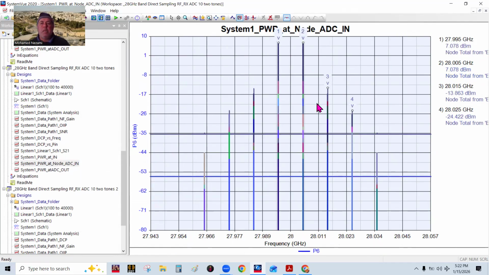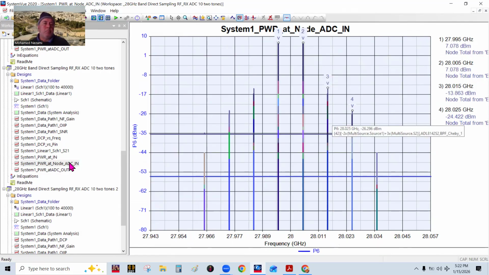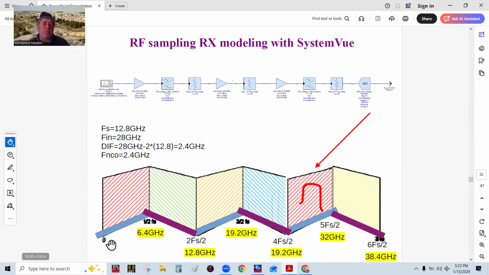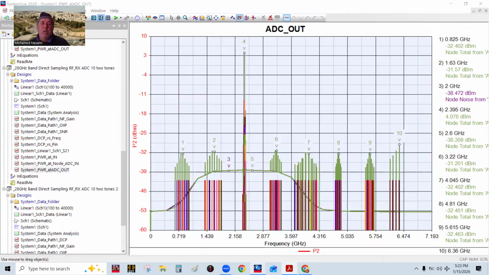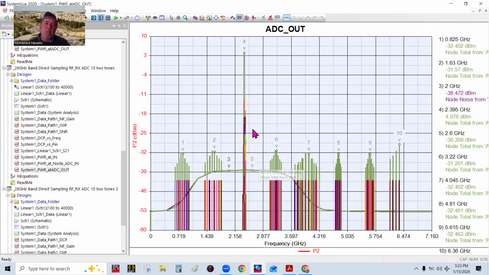Okay, the ADC in, that's what it is in here. So we've got very compressed. And the output, of course, of the ADC is this. So you can see that this is displaying the signal spectrum within the first Nyquist zone. The first Nyquist zone is from 0 to 6.4, which is half of the sampling frequency. And you can see that all of these are images from harmonics and intermods that have folded back within the